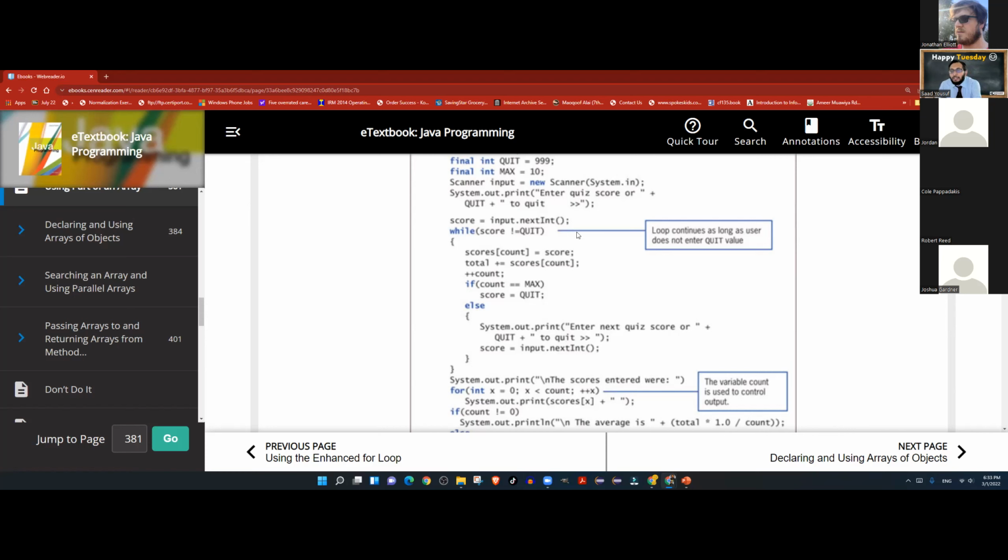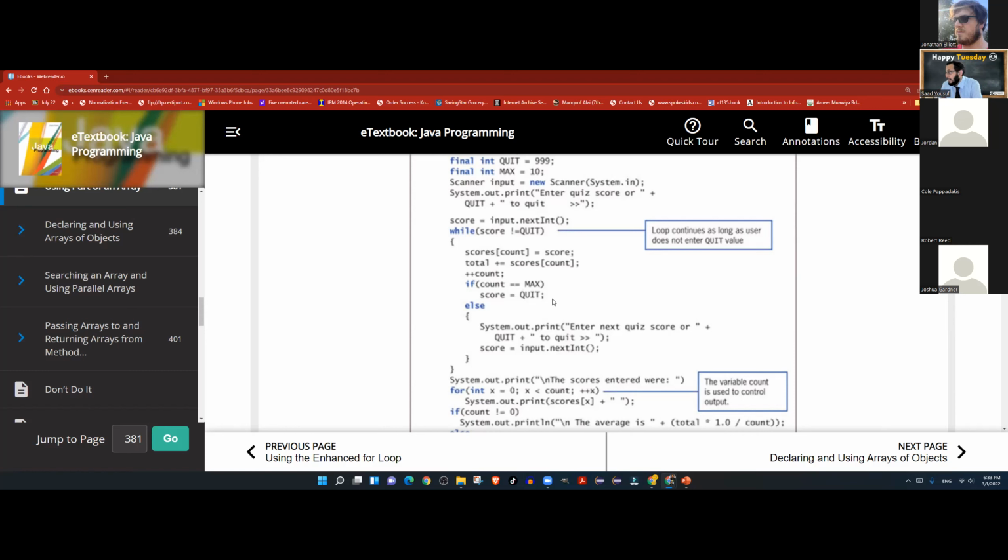So here we go, and we start calculating the running total. And he's incrementing by 1 so that in the next cycle, we can put the next value in the next array element. And if the count reaches max, that means otherwise, if we keep going, we will run out of the elements in the array. It's going to be an array index out of bounds. So to avoid that, we will make sure that we are not hitting the max. As soon as we hit the max, we want to quit.